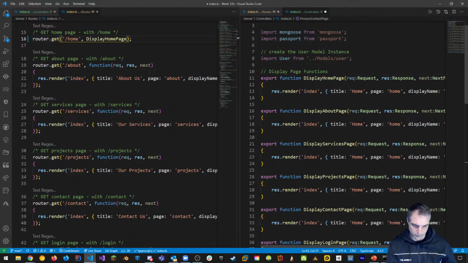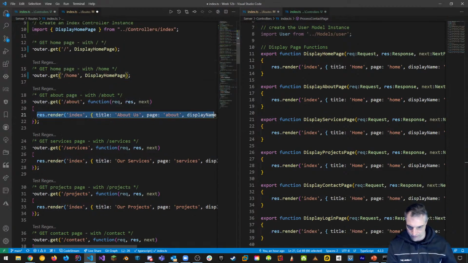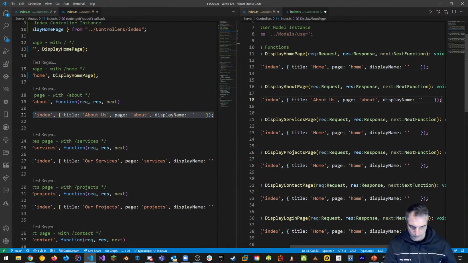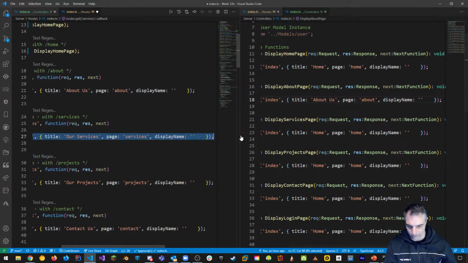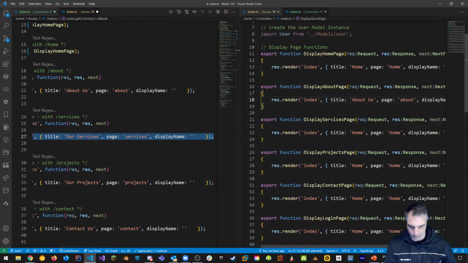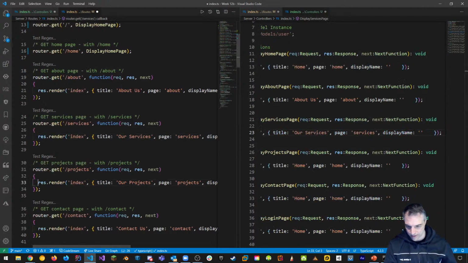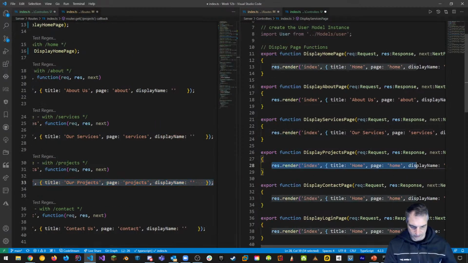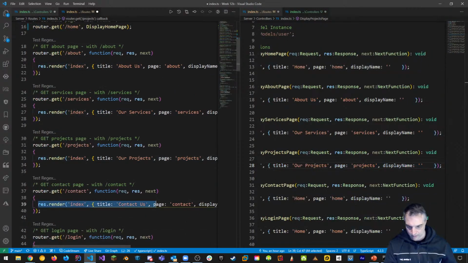All right, next, now that we've got this, let's start replacing some of the details here. So about, that's going to be changed just slightly, but I'm just going to copy paste so we just get everything the right way. That's about. Services, again, I mean, I'm only changing a couple words here, but it doesn't matter. It's always best to keep the same structure that we had before we modify stuff. Projects, again, this is just setting things up for the changes we need to kind of use for next week as well. Contact,